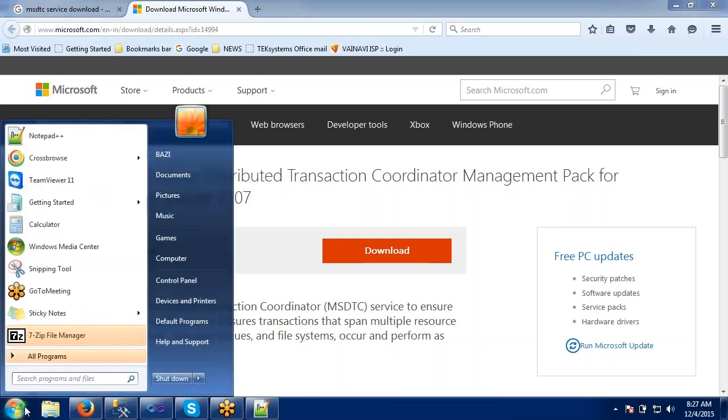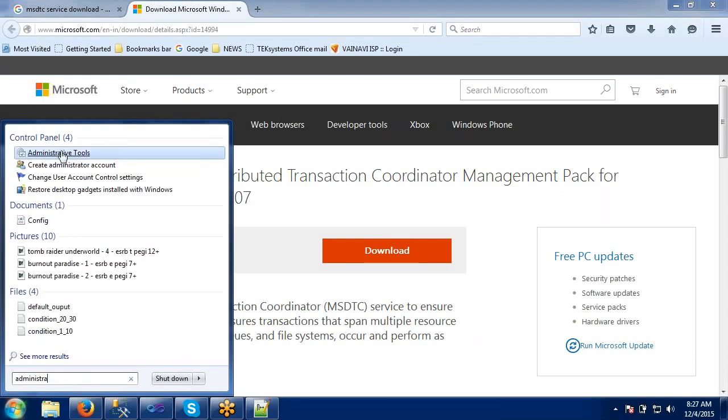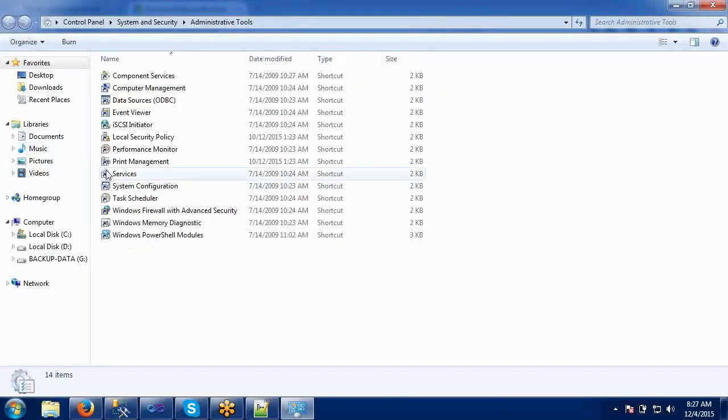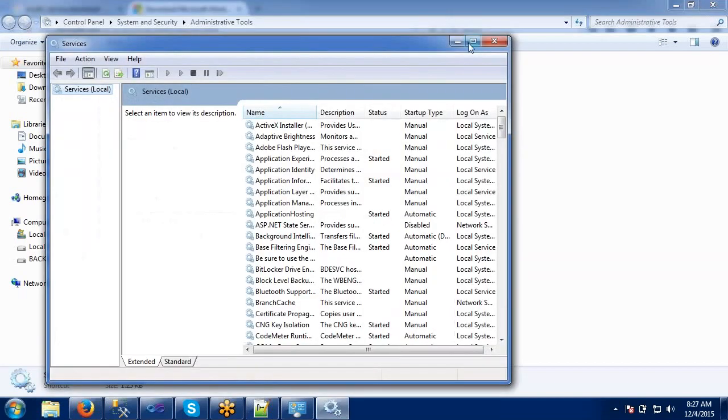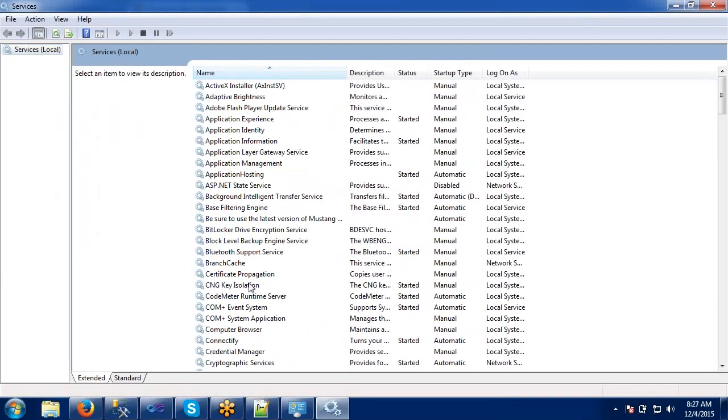So go to all programs, administrative tools, and go to Services. In my system it's already installed, that's why I'm not installing it again.